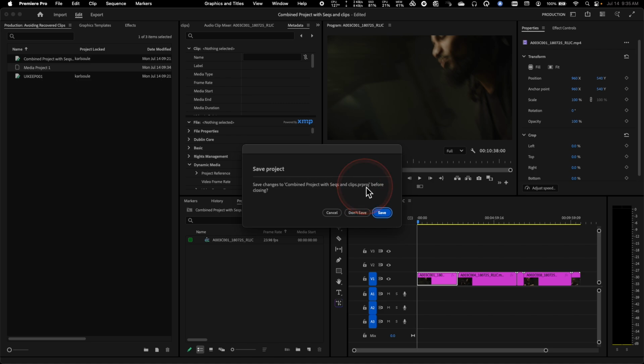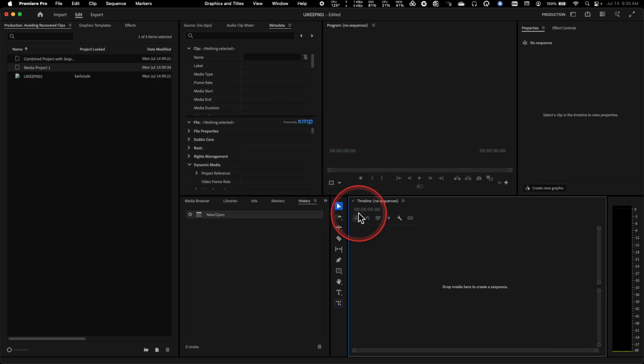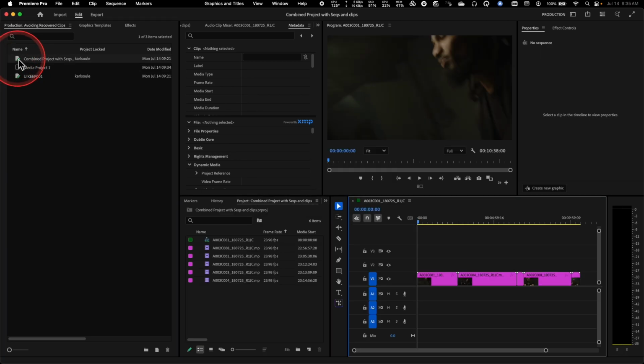Now, here's where people can get in trouble. I see this happen all the time. Folks will actually think, well, I didn't make any changes to my editing sequence at this point. Maybe there's an unwanted change. Maybe I accidentally hit a key shortcut and trimmed a clip by mistake. I'm going to hit Don't Save. And the reason that can come back to bite you, now when I go back to open up this project,